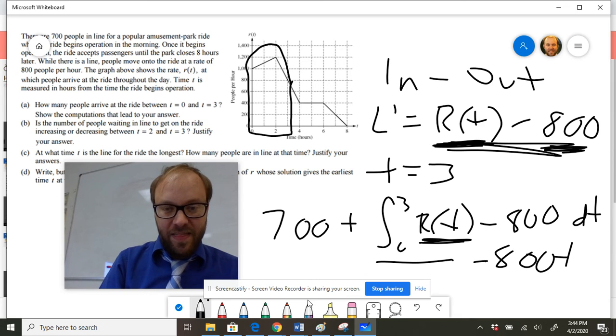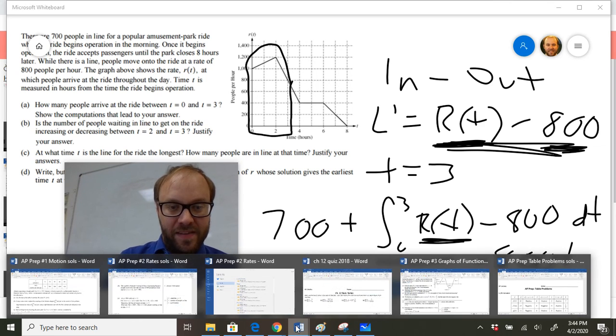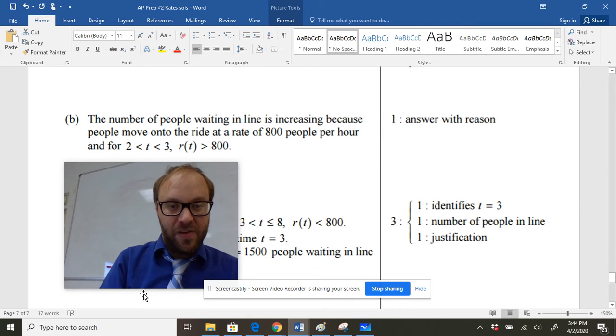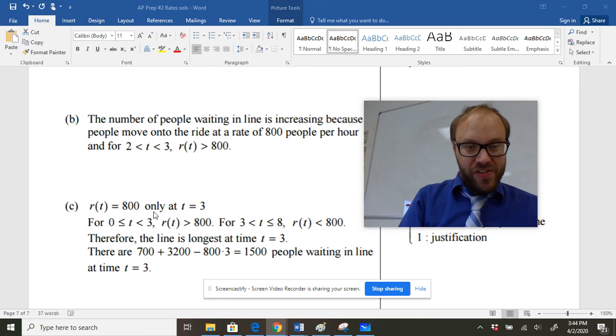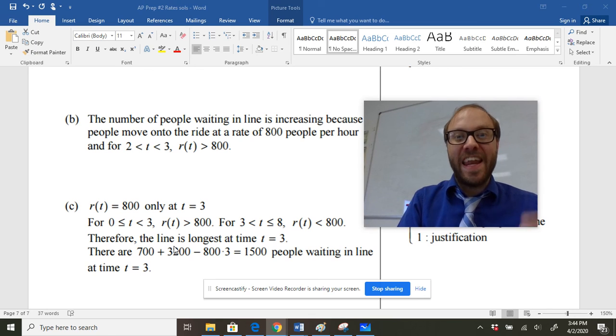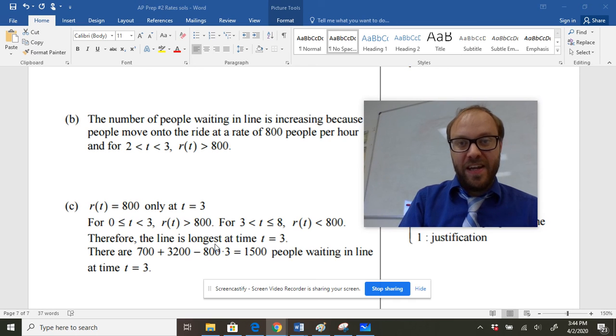So let's take a look at their solutions here and see how they put all this together. If you notice here, the line is longest as t equals 3, we said that. You have 700 people at the start. 3,200, that's the area under that curve, the integral between 0 and 3, which is how many people got in line over the course of 3 hours. And then 800 times 3, 800 people get onto the ride every hour, and it's happening over 3 hours. So 3 times